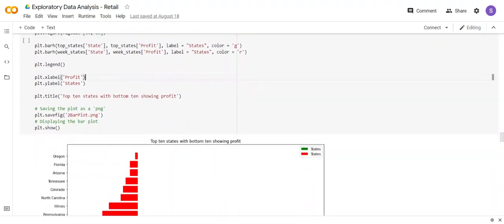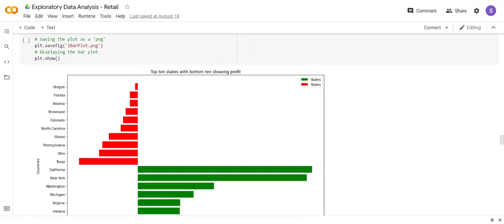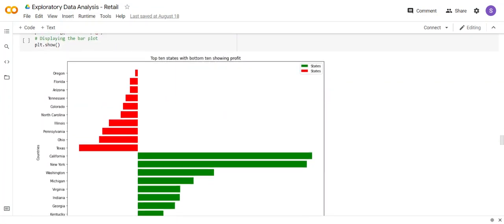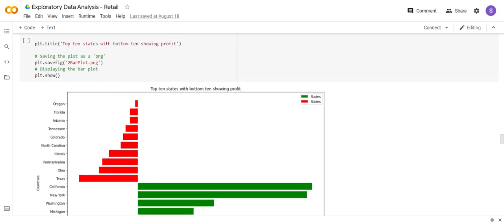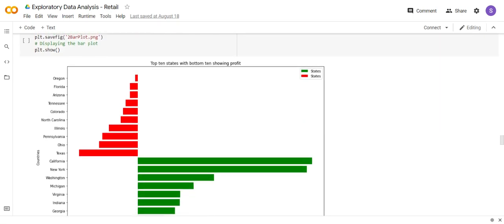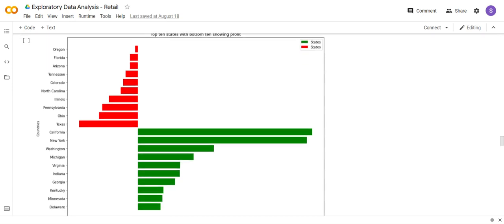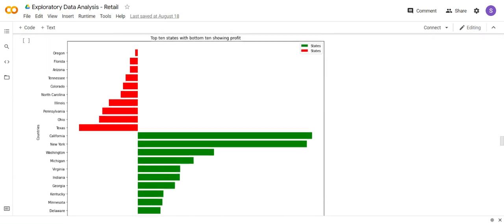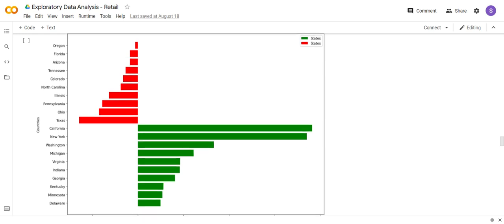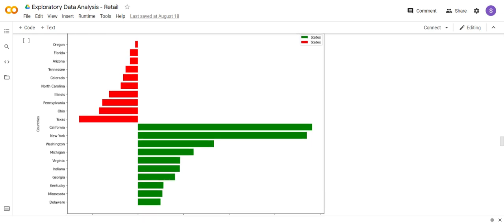Same here, we are checking the top 10 states and bottom 10 states, showing profit and loss. We can see here California, New York, Washington, Michigan, Virginia, Indiana, Georgia, Connecticut, Kentucky, Minnesota, and Delaware are more towards the sales and profit side. These are the top 10 states that are making more profit,